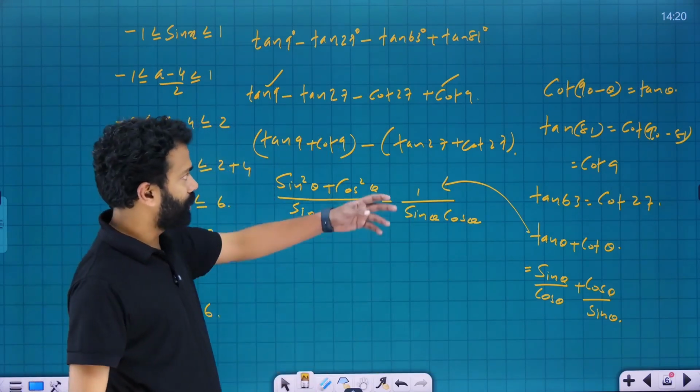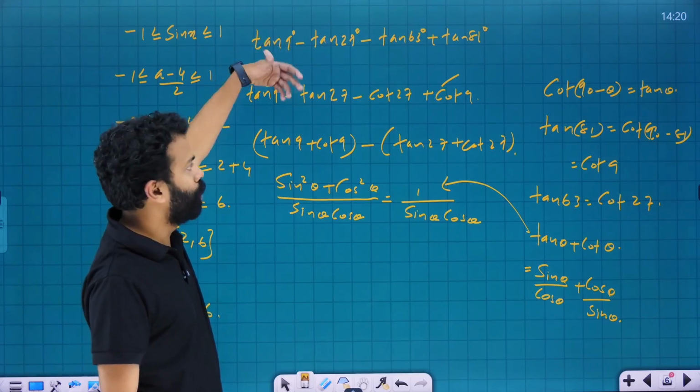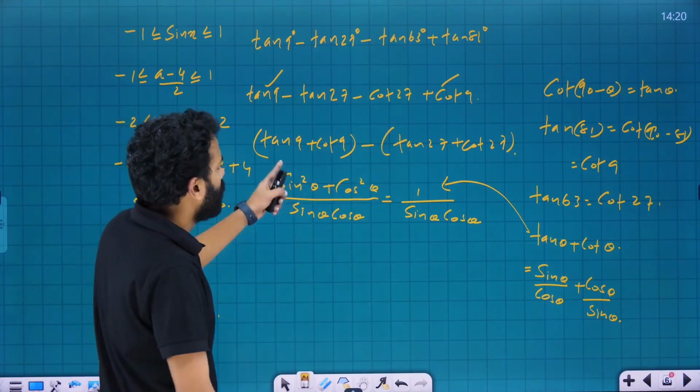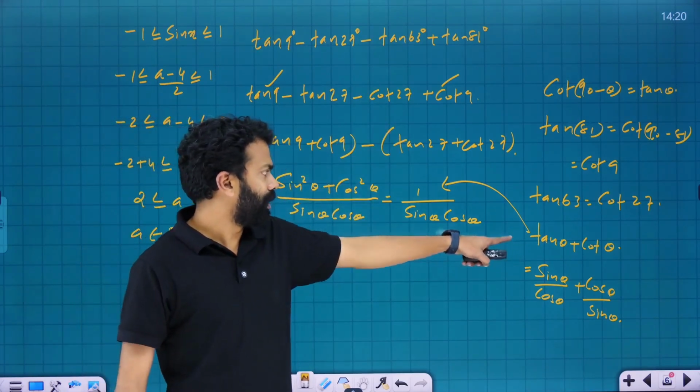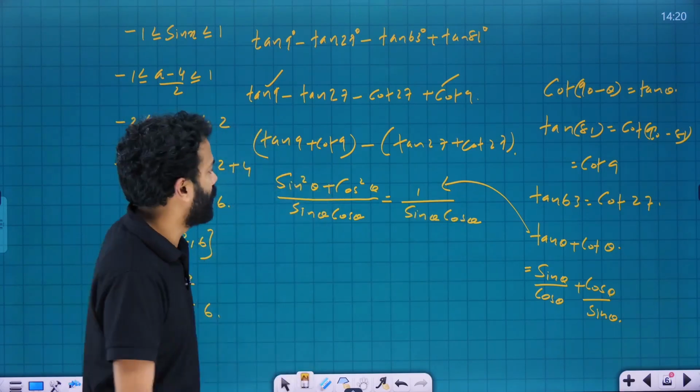See, as I explained in the last class, there are so many methods to do this question, and I have opted one of the easiest methods to solve this. Therefore, tan theta plus cot theta can be written as 1 by sin theta cos theta. Therefore, tan 9 plus cot 9 can be written as